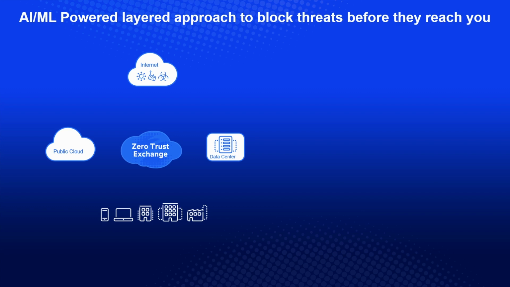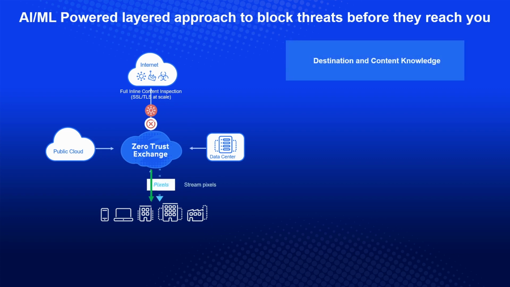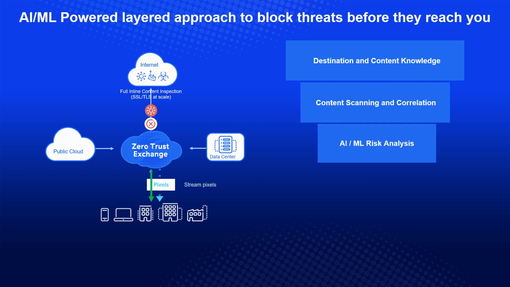It starts with blocking based on known bad destinations. That gets a lot of things, and to be honest, that's where a lot of the competition spends all their time and focuses on, and don't go deeper than that. But at Zscaler, we go further and we make sure with full SSL inspection at scale, we're running all of the content through all of our engines, our AV, our advanced threat protection, our cloud firewall, IPS, even our AI, ML-based detections that we've been working on to make sure that we block everything that's known bad,